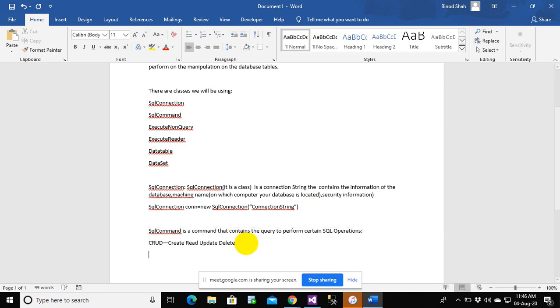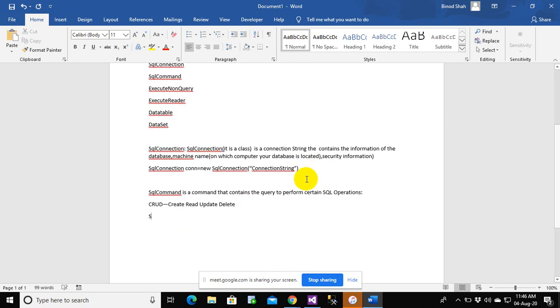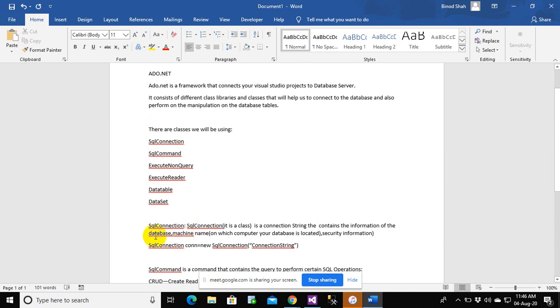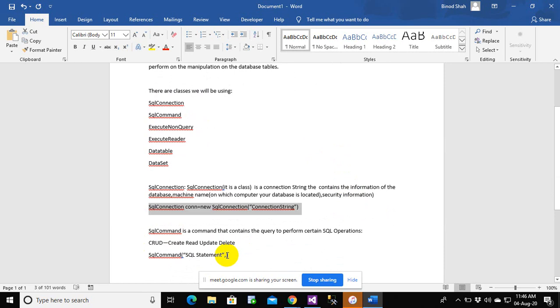Now, how do you work with SQL command? Let me give you one very simple example. SQL command, and you have a SQL statement here, and you need to pass the SQL connection here. Whatever connection you have initialized, the same connection has to be passed after a comma.